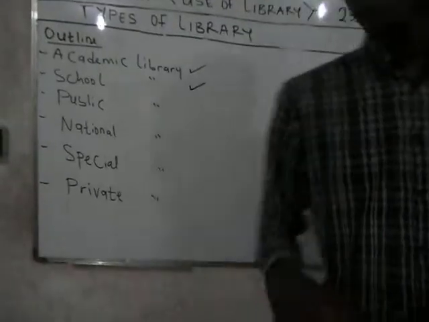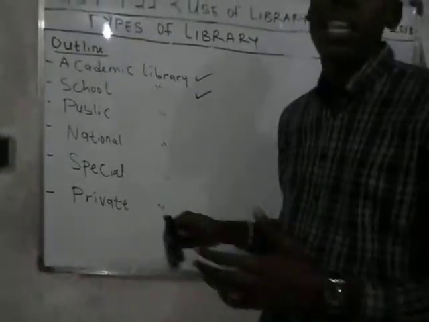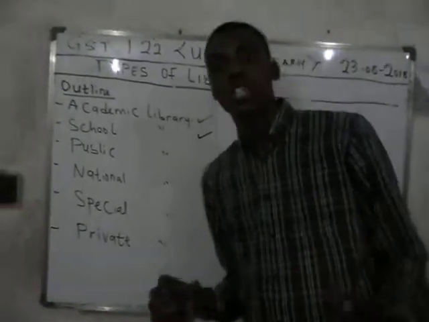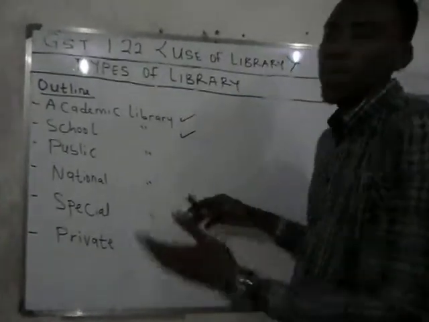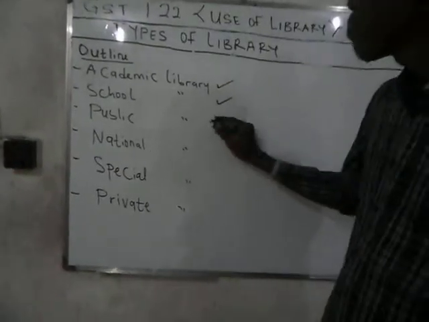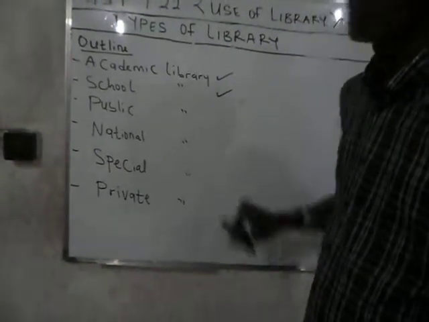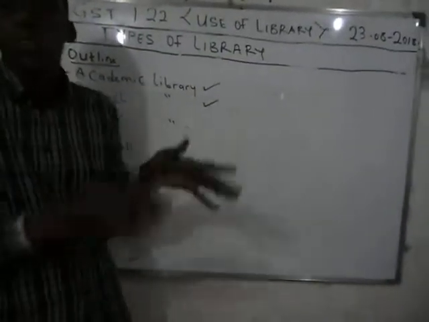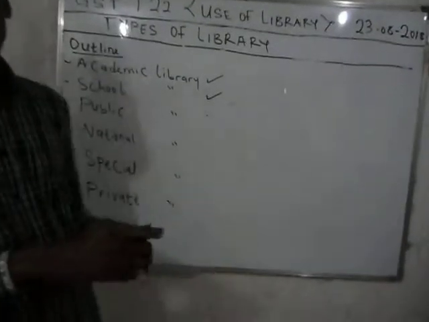Now, the public library is a library found in every state of a nation. This type of library, because it is found in a state, who are those to fund it? It is being funded by the state government. Now, the public library is not dealing with academic books, but